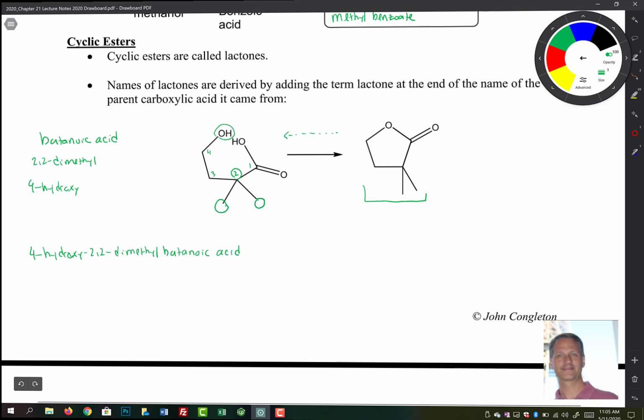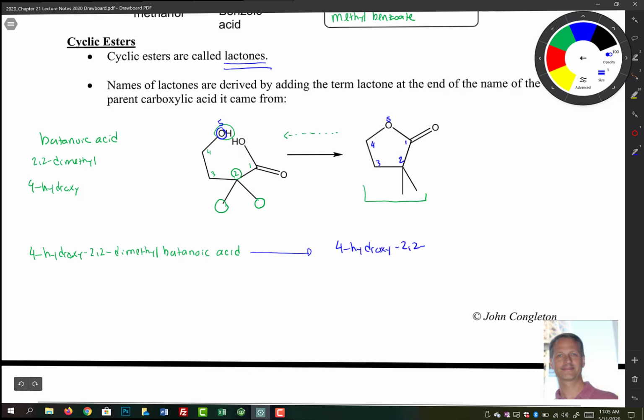Okay. Now the ring over here on the other side is 1, 2, 3, 4. It's a 5-member ring, so that oxygen right there is the 5th atom in that ring. So when we name this thing, we just are going to add the word lactone to the end of it. All right, so they're called lactones. So it's pretty straightforward. Once we have that chain, then this cyclic structure would simply be